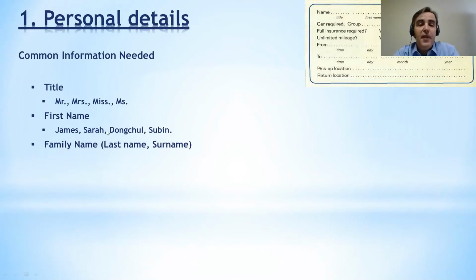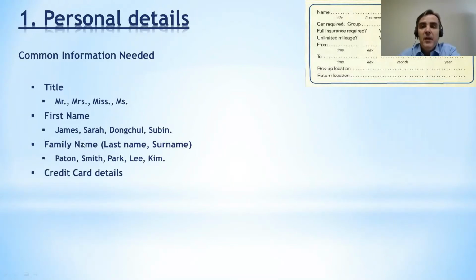Then we would have the family name. Now this is quite often called last name or surname as well. You will see this, and this is your family name. So in English, the family name is the last name. So my last name is Payton. So James Payton. But in Korean, your family name, your last name will come first. Bak or Lee or Kim, all of those kinds of names. So it's important that we don't get confused with first name and last name when we're filling in a client's